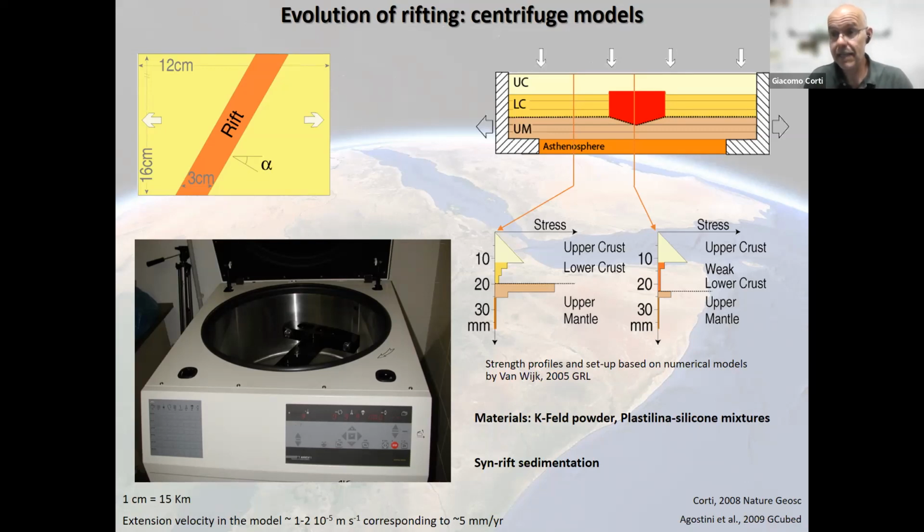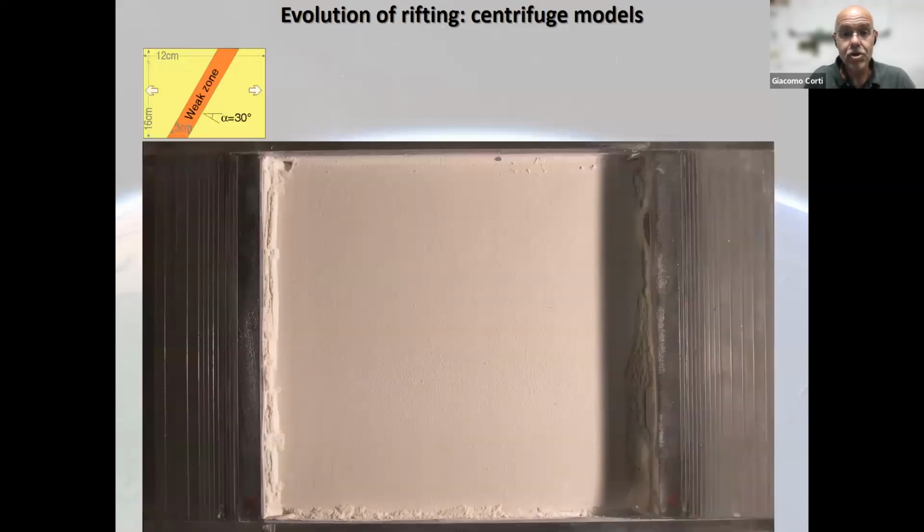So that, as I said, we can investigate the influence of different parameters on the evolution of our complex geological system. In this case, the model is intended to reproduce the evolution of the continental rift, and I will show you a top view,